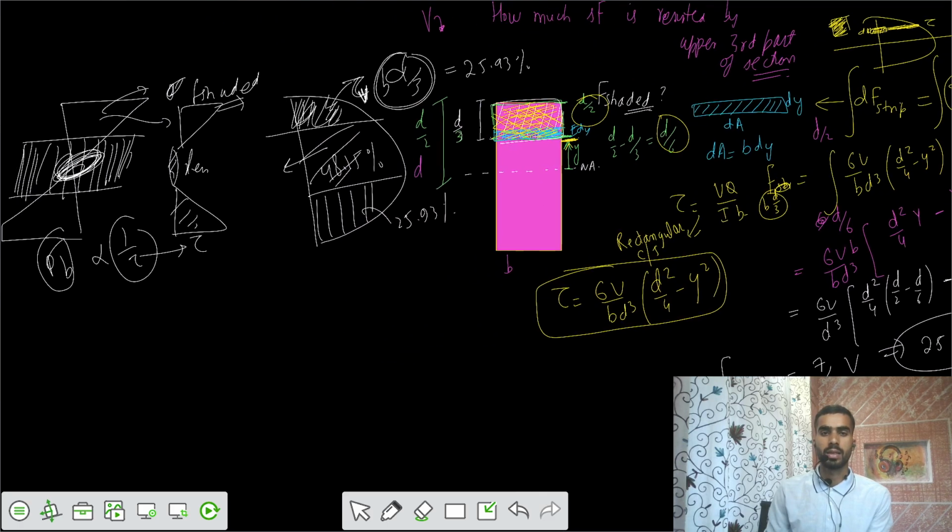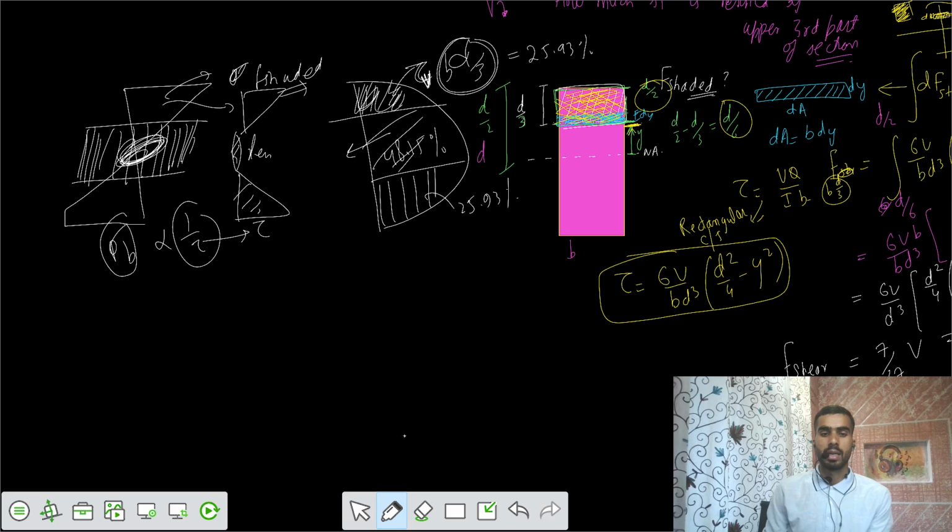There is one more method. We know that the variation of the shear stresses is in this way. So this is d by 3, this is d by 3, and this is d by 3. If you solve for the shear stress value here and the shear stress value here, and if you assume that this is some rectangle,